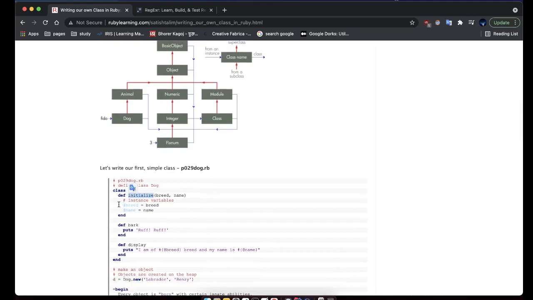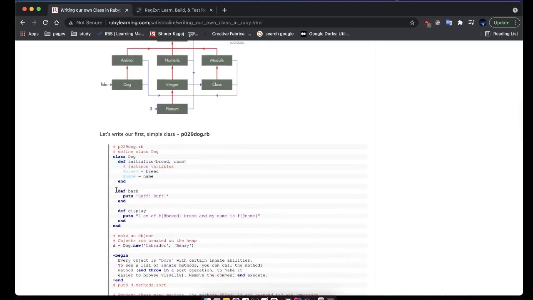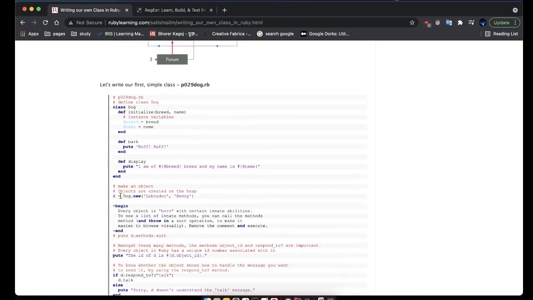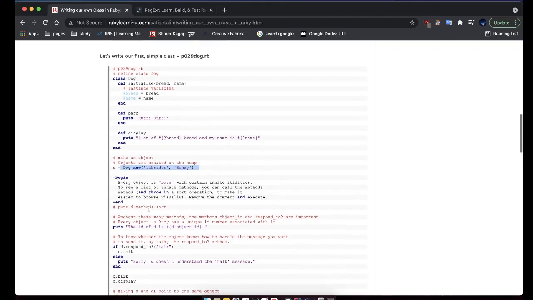Initialization is your constructor, where we pass this breed and the name. So we set breed equal to breed and name equal to name, and we put bark as a method, and we put display as a method, and then we said breed and name are methods. Now every time we declare a dog class, we say okay, dog is this, and if we say d.bark, it will print this, and if we say d.display, it will display this,